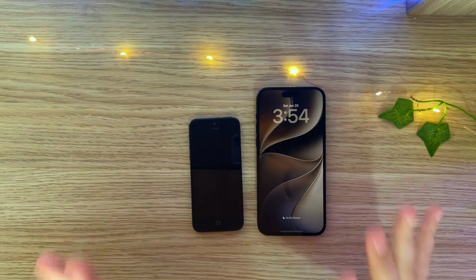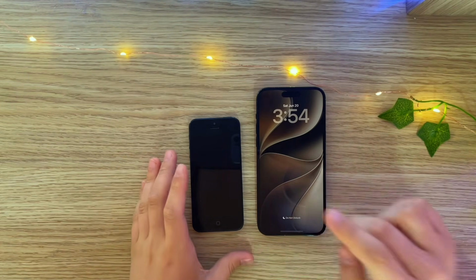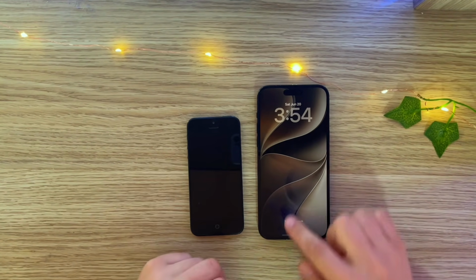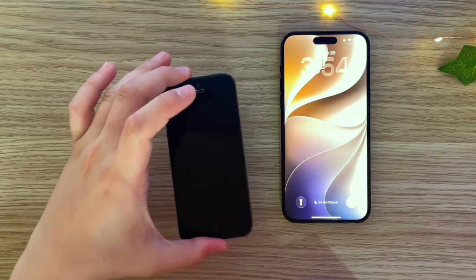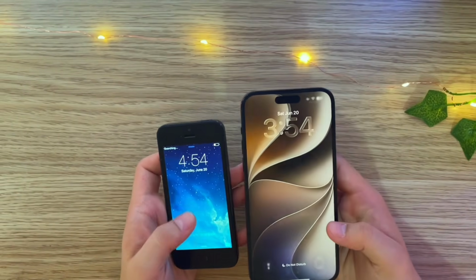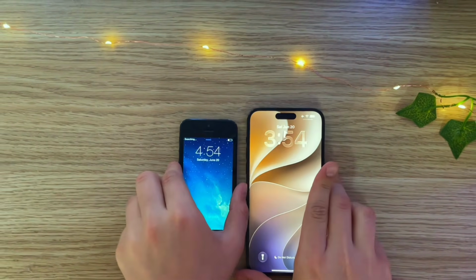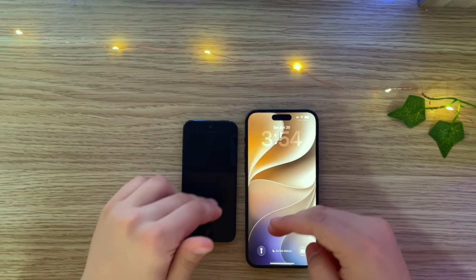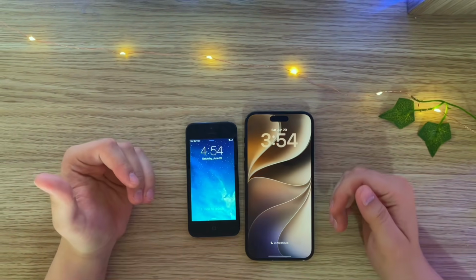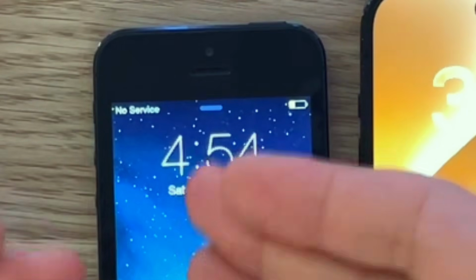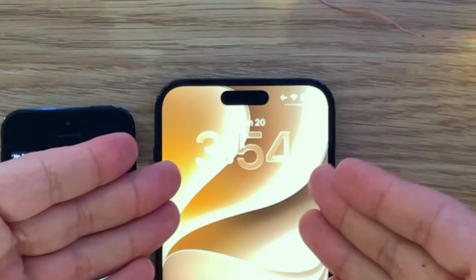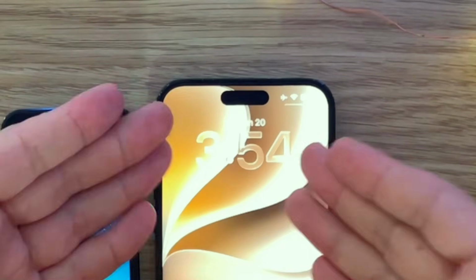As you can see, the sound actually changed over the years. Always on display is now present on iOS 27, which wasn't a thing when iOS 7 was the latest. The language is still more or less the same. You still have status bar at the exact same place. You still have the clock at the exact same place. The clock here is just plain text on iOS 7, but on 27, here we actually have a glassy design,